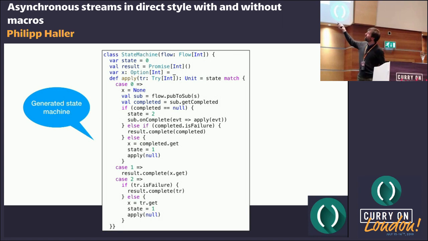But then the next thing we do is call await. Here we get the corresponding subscriber and check if we already have an event to be consumed, so we can call get completed to check that. If the result is null, it means no, we have to suspend. And so what we do is change our state to 2. That's the state where we want to resume later on when there is an event. So we want to be resumed in state 2.